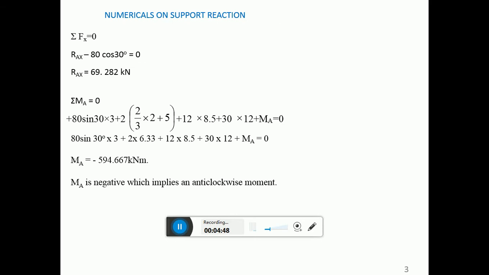So finally you get the moment MA, which is equal to minus